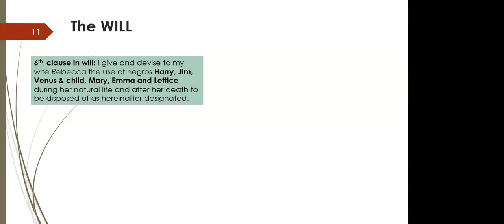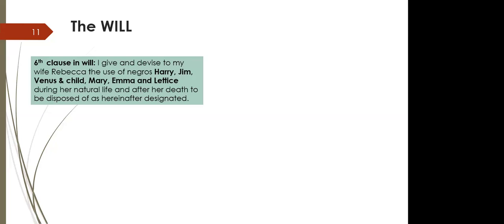So in the 6th clause, he states, I give and devise to my wife Rebecca, these Negroes, Harry, Jim, the infant child, Mary, Emma, and Lettice, during her natural life and after her death to be disposed of as hereafter designated. So these 7 enslaved persons are left to his wife in that